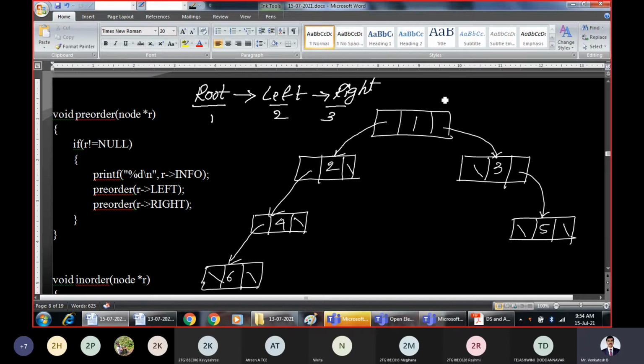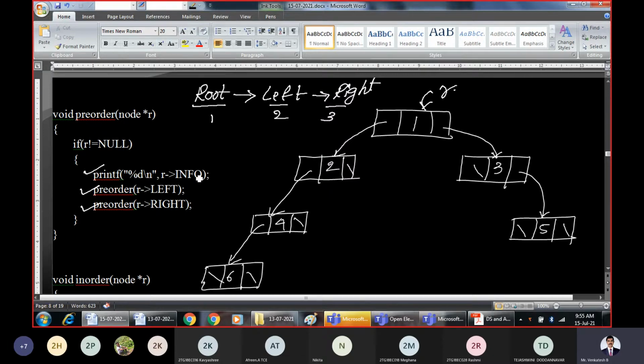Now as usual we will start from the very first node, that is the root node. So until we encounter the null value for the root, that means till all the nodes are successfully traversed, what we have to do is print. Because we know that the recursive algorithm we have said for the pre-order traversal was: first print the root, then go to the entire left subtree by using pre-order traversal, recursively calling the function, then the entire right subtree.